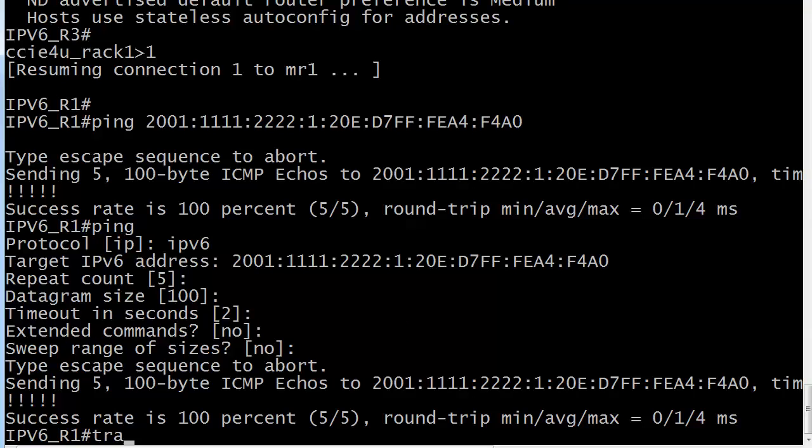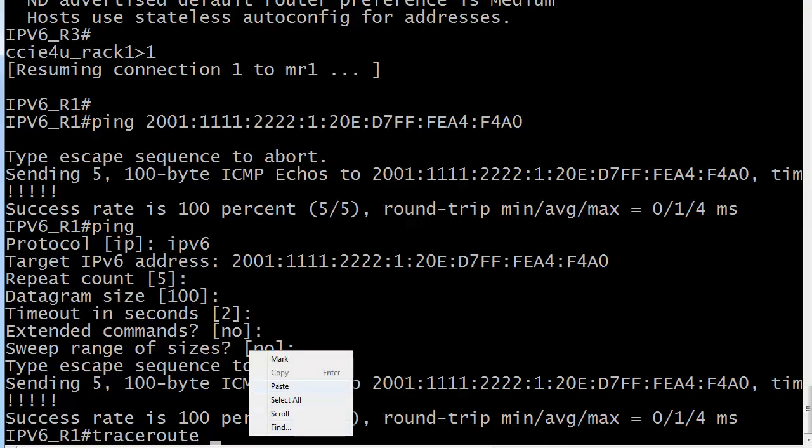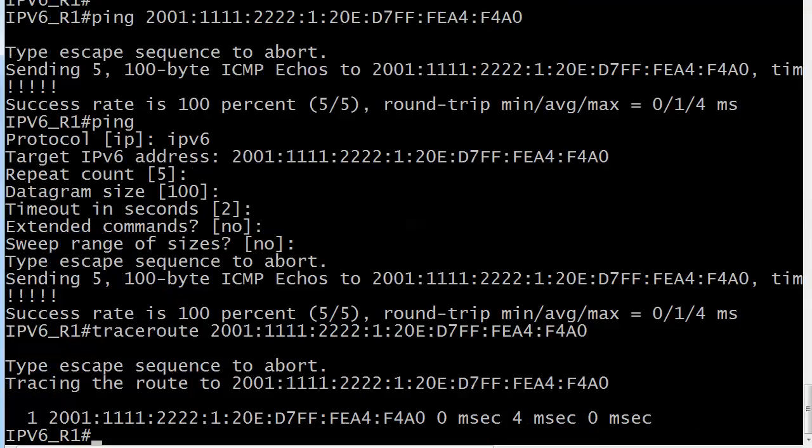Now we don't have much to trace route here, but we're going to go ahead and run one so I can show you what that's going to look like. I think we're going to have one address here. Yep, and that's it. Not much to trace there, but obviously as your labs get larger,